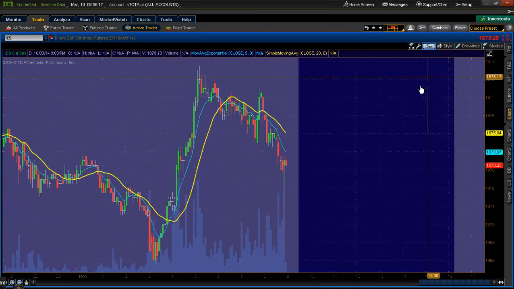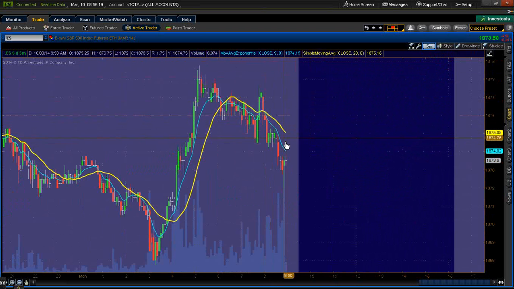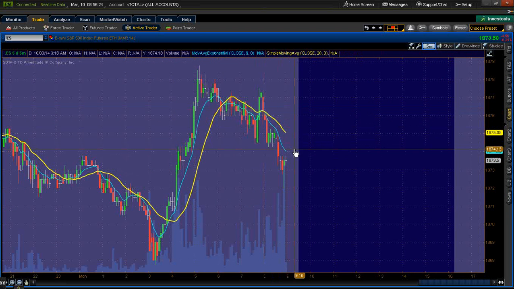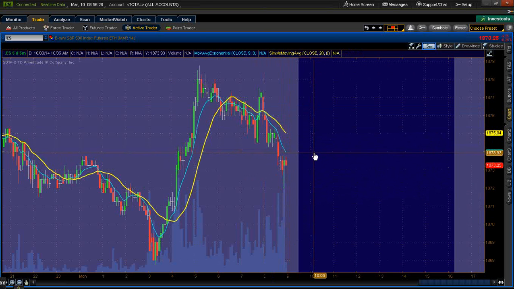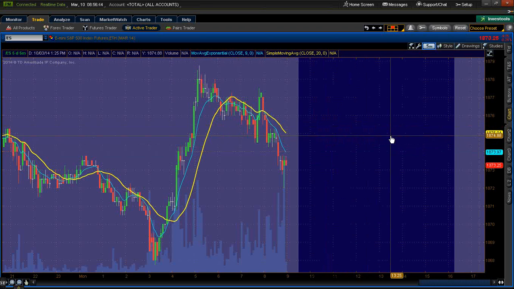Let's go down one more to the 5-minute. The 5-minute is telling us a little bit of a different story. We've got slope and separation to the downside. We do have this technical gap right here. A close of that tech gap will bring us likely up into that 1874 area. And that 1874, well, it's actually 1875.50, is the naked VPOC from the Friday session.